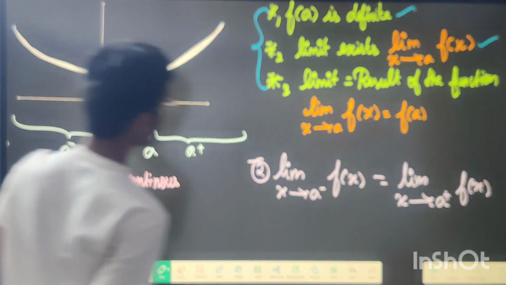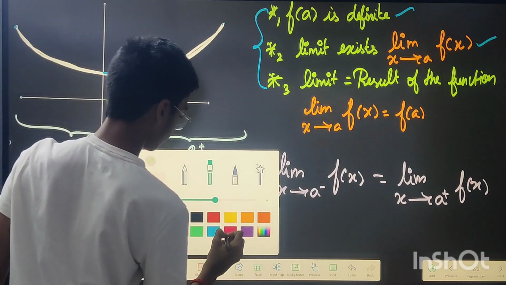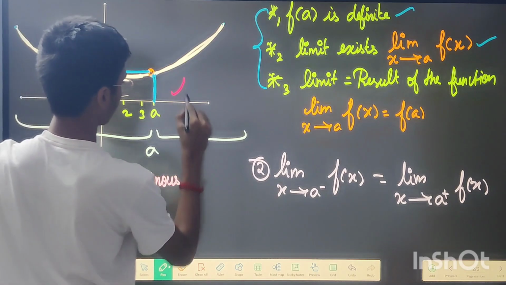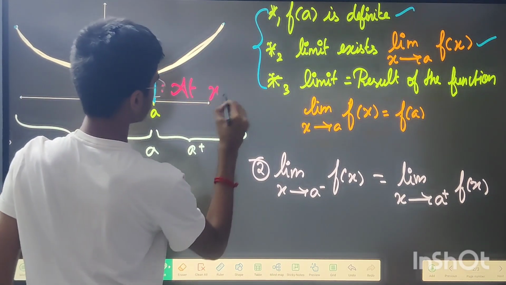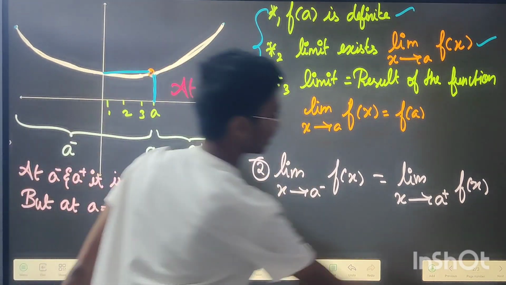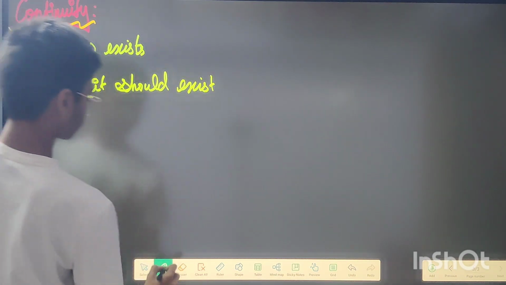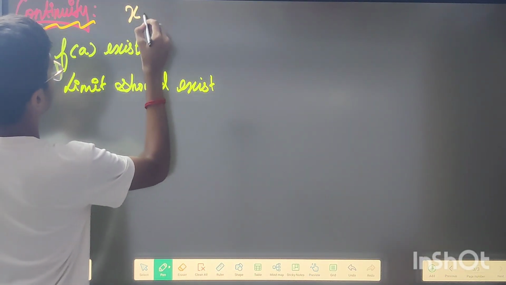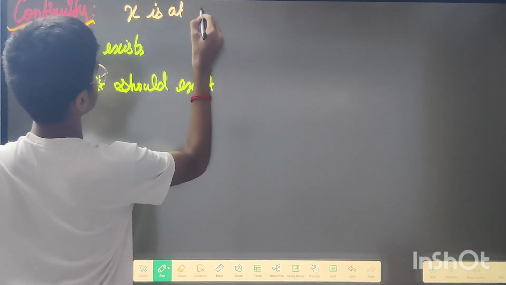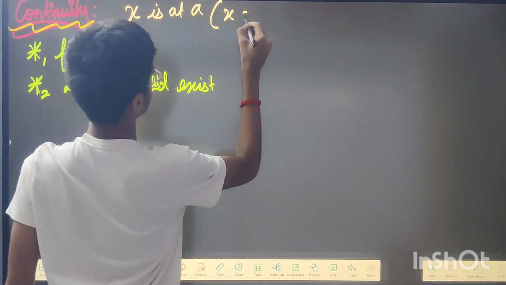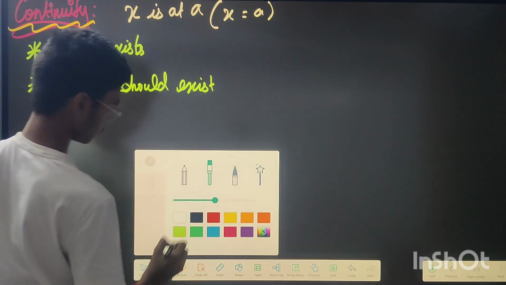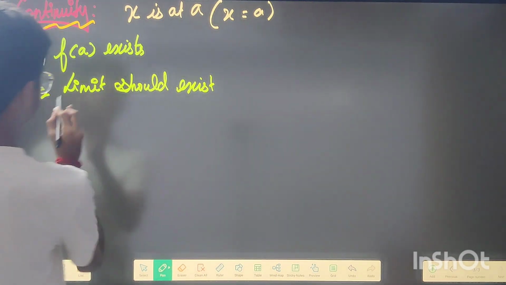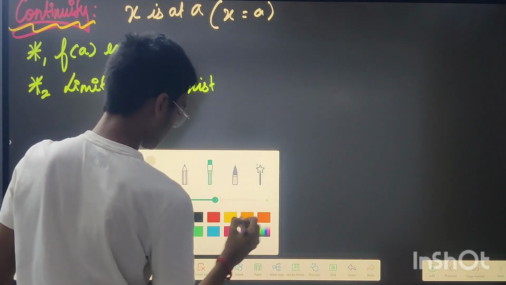Note it, we are talking only at a. All the things that I am saying, right? So x is at a. So here also we can say, very important, x is at a. It says that the limit exists, which can be said as